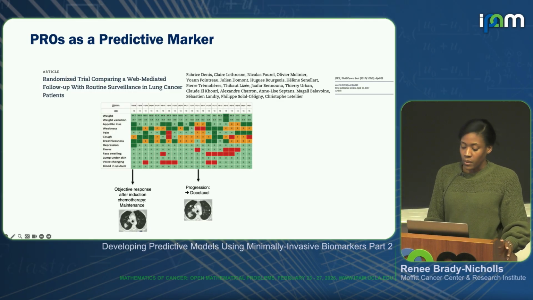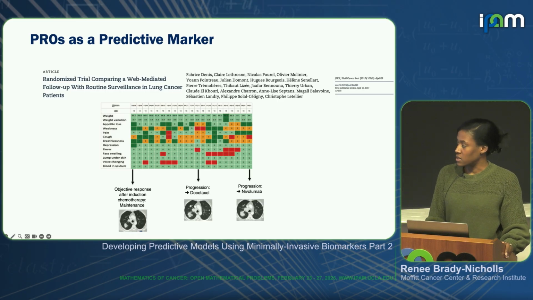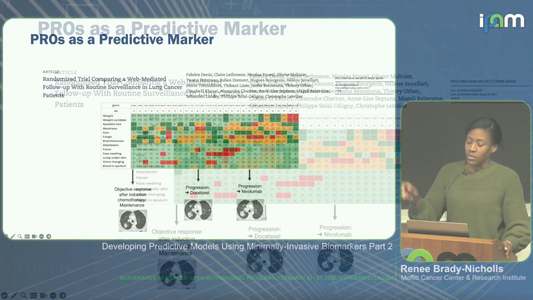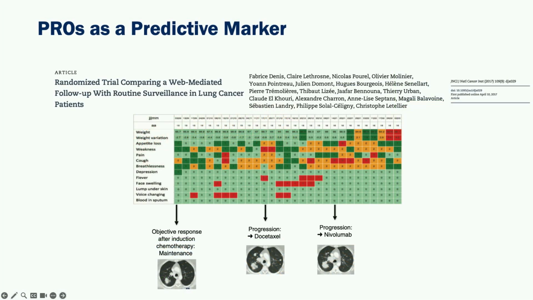Again, they watched them over time with their symptoms, where they're entering them every week or so into the system. Again, it sparks an alert in the system. They come in. You can see at this time the patient had progression. They're put onto nivolumab, and then they continue to monitor them over time. So this is the value of PROs, just allowing you to make decisions sooner rather than waiting until it's too